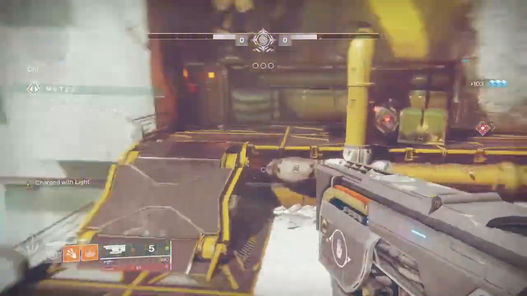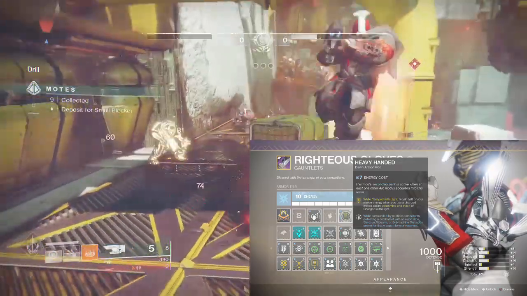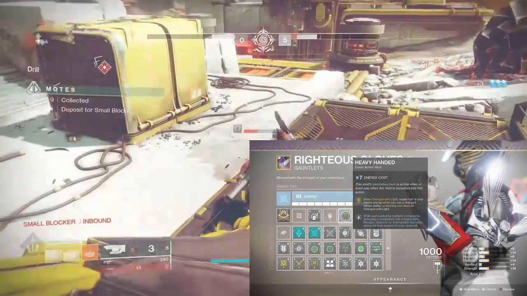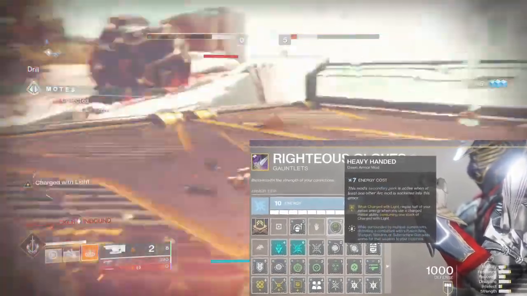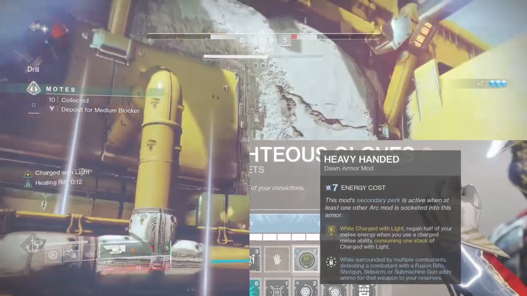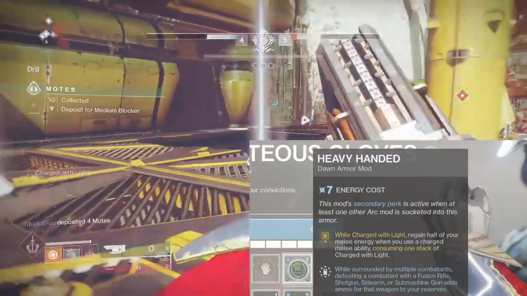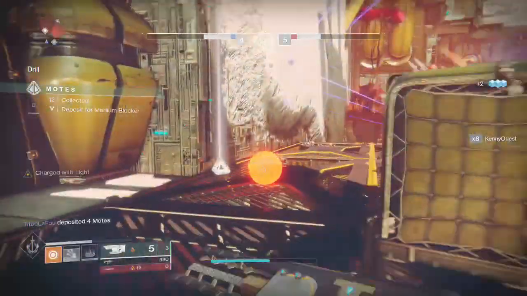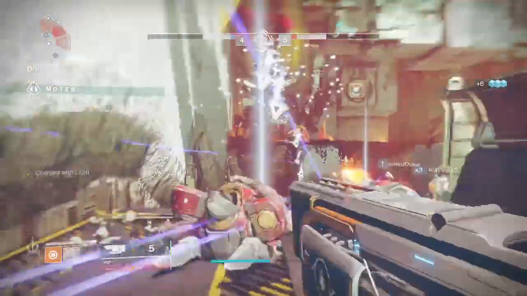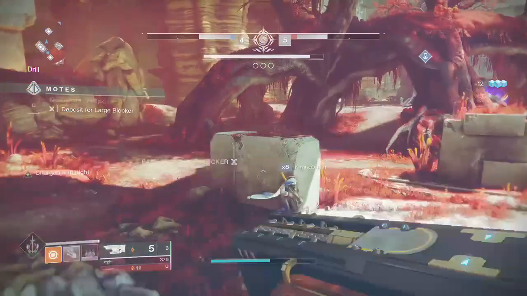But the next Dawn mod we are pairing here is Heavy Handed. This Dawn armor mod costs 7 arc energy, and it states that whilst charged with light, regain half your melee when using a charged melee ability, consuming 1 stack of charged with light. So essentially, this gives us a bonus to our melee recharge for the sake of simply 1 Jotunn shot, which can take down multiple enemies, which when paired with say airborne Celestial Fire kills will give us a melee charge